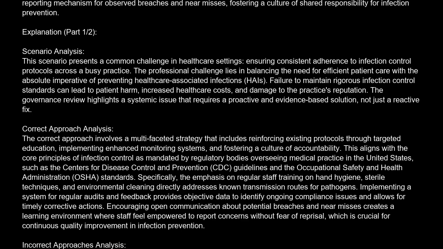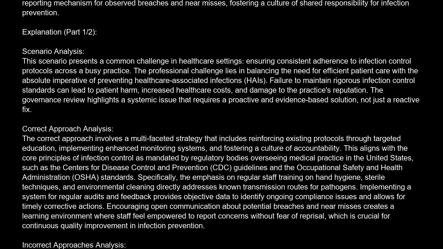Correct approach analysis. The correct approach involves a multifaceted strategy that includes reinforcing existing protocols through targeted education, implementing enhanced monitoring systems, and fostering a culture of accountability. This aligns with the core principles of infection control, as mandated by regulatory bodies overseeing medical practice in the United States, such as the Centers for Disease Control and Prevention, CDC, guidelines, and the Occupational Safety and Health Administration, OSHA, standards. Specifically, the emphasis on regular staff training on hand hygiene, sterile techniques, and environmental cleaning directly addresses known transmission